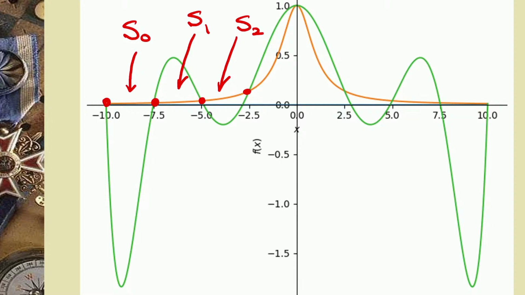Now let me show you the way that the book named them. This one here, it called S sub 1. This one it called S sub 2. And this one it called S sub 3. At first glance you might think, well, who cares? You're just changing the index. It really doesn't matter. The problem is that in both cases, the subscript indicates which point the spline is sort